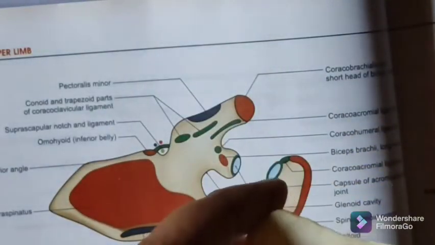Now I think I have covered pretty much about the scapula. Now in the ventral aspect, the muscles attached to it will be supplied by the ventral division of the brachial plexus. The muscles attached to this portion, in the posterior surface, the ventral side, will be supplied by the ventral division of the brachial plexus, and this dorsal part will be supplied by the dorsal division of the brachial plexus. Now there are more important facts which I will cover in the second part of the video.